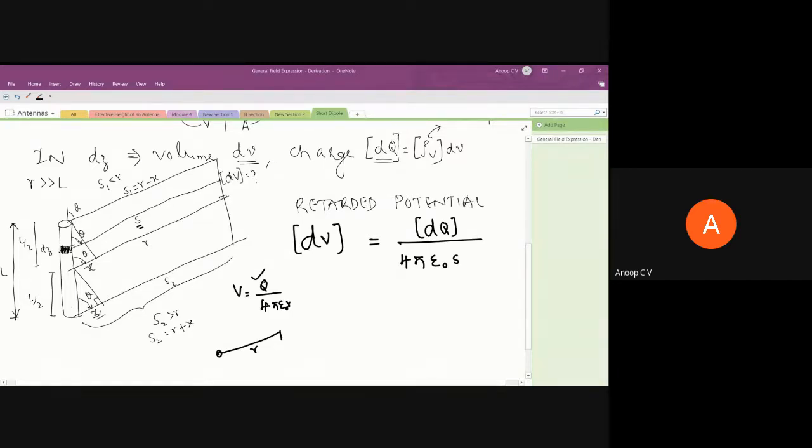Okay, fine. So is it okay? Are you able to appreciate it? I have written the differential retarded potential due to that small element at some distance S as dq by 4 pi epsilon naught S. You have studied this in your electromagnetics, and you should be able to appreciate it. Can I go ahead? Any doubt? Please do type in yes or no. At least one or two responses, and I'll go ahead. It's very important. You will get a question for sure from this in the university exam. Okay, fine, great. So I'll move ahead.